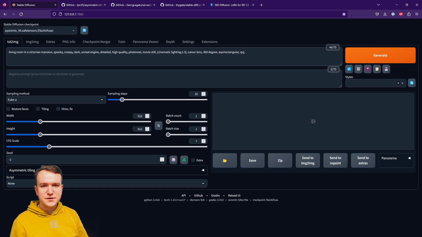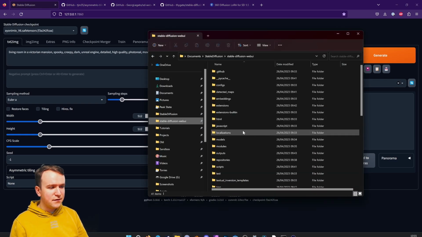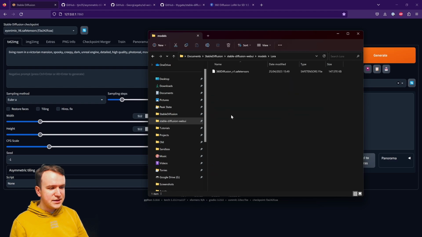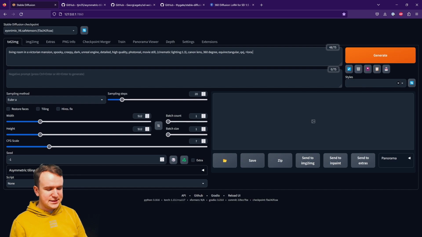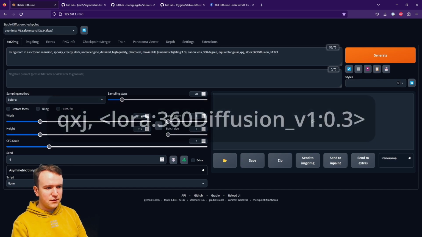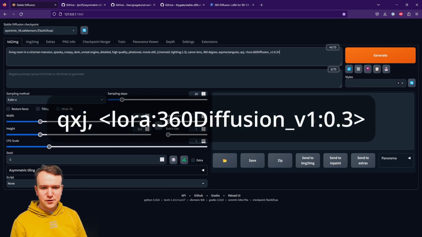And now there's a special syntax for activating LoRAs as well. We open a triangular bracket, write lora, colon, and now the exact title of the LoRA. Because I have V1, as we can see, the name of the file is 360 diffusion underscore V1. So we paste that in there, but make sure if you're following this tutorial in the future, you adjust that to the future title of this. And because we don't want it overpowering the rest of the prompt, I'm going to weight it at 0.3 and close it with another triangular bracket.